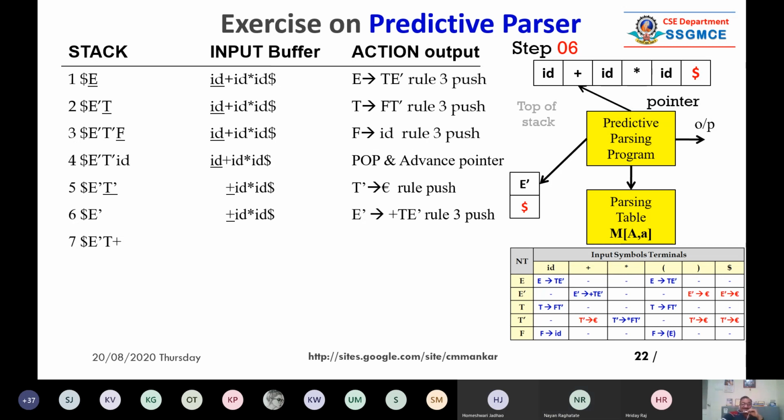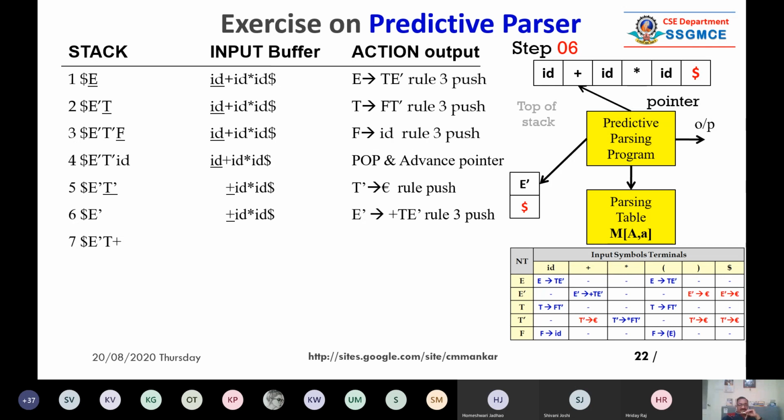Okay. So see, you have seen the line number 5 and 6. Now, as per the configuration, so configuration means what? The current situation. Due to some input, you are changing from one state to another. That is called a configuration. So this yellow diagram is telling you the configuration of the parser, meaning the current position of the stack and the current position of the pointer in the buffer.